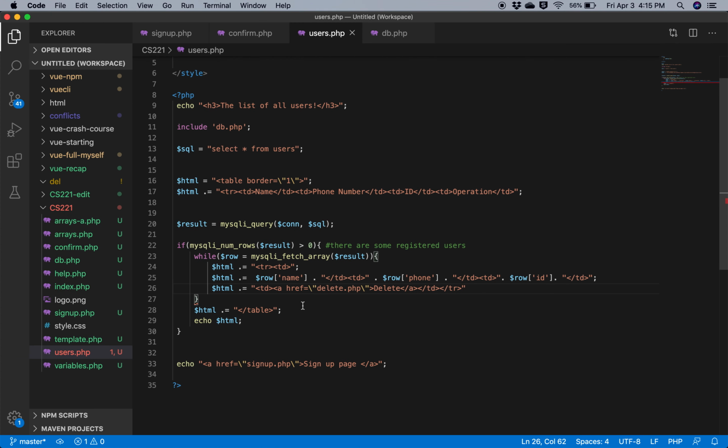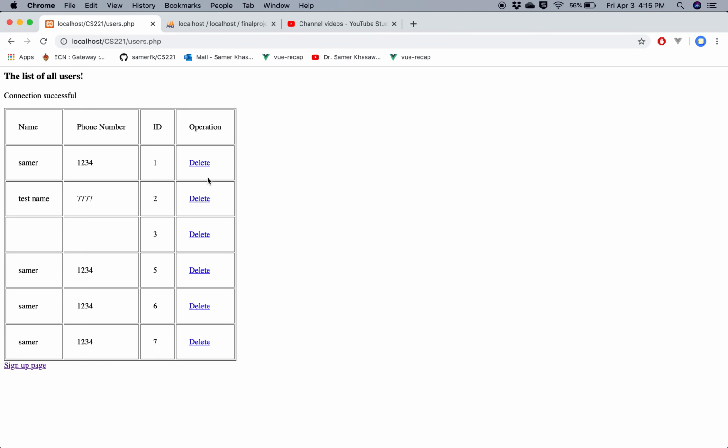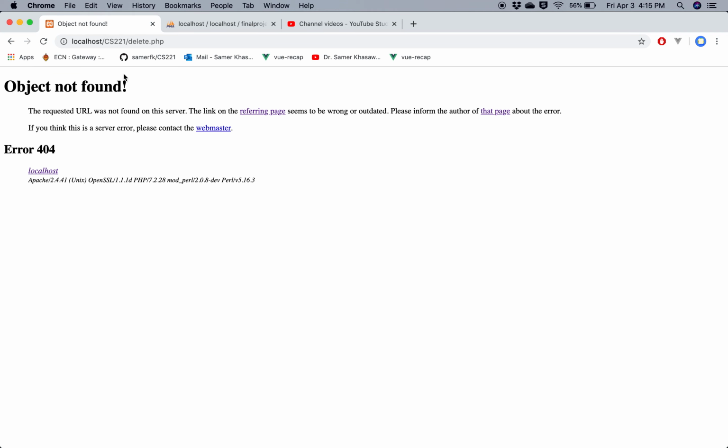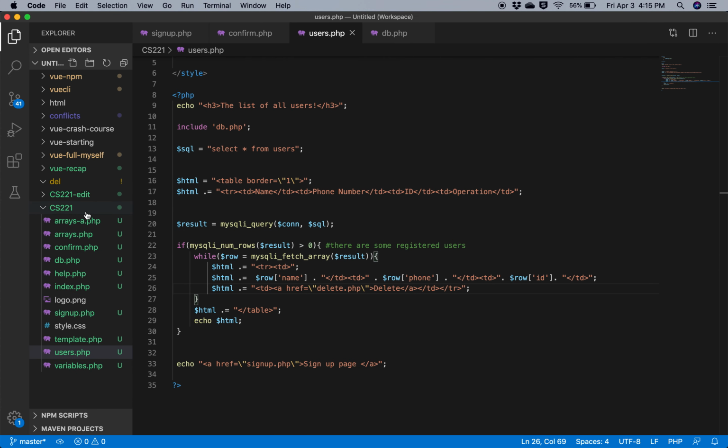Okay, so unexpected line 27, yeah, because we don't have a semicolon. So there you go. Now all these basically go to a page, delete.php, object not found, because we don't have one. So let's actually create this file,